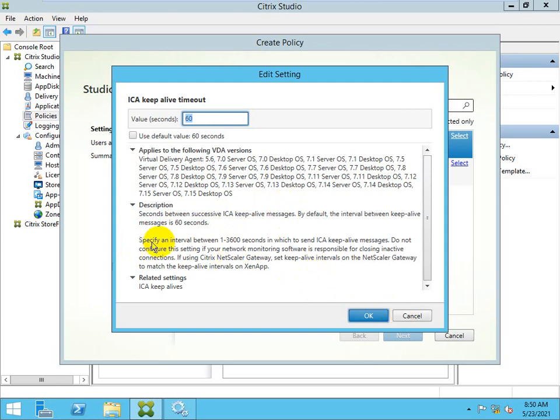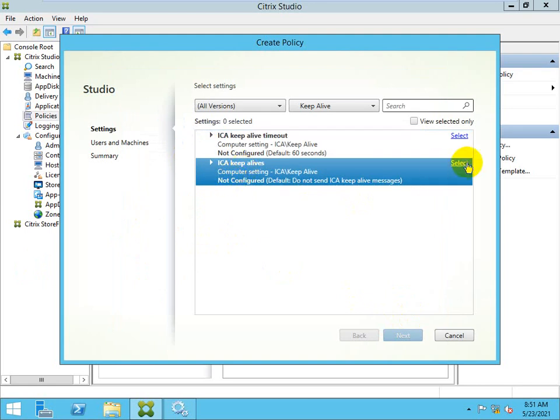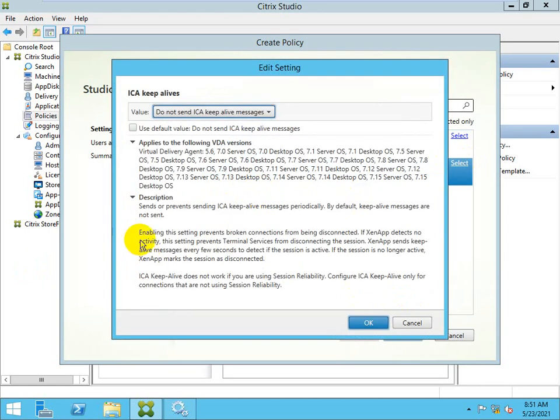And keep alive, this is your keep alive. Prevent sending ICA keep alive messages periodically. By default, keep alive messages are not sent. Enabling this setting prevents broken connections from being disconnected.